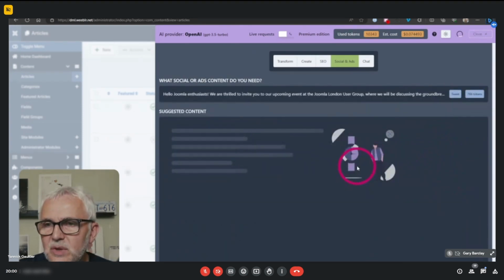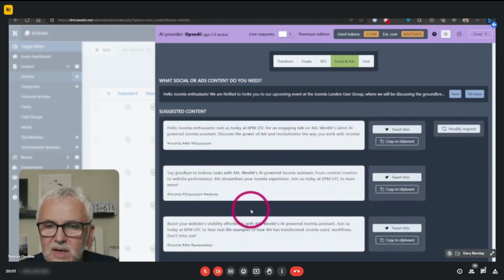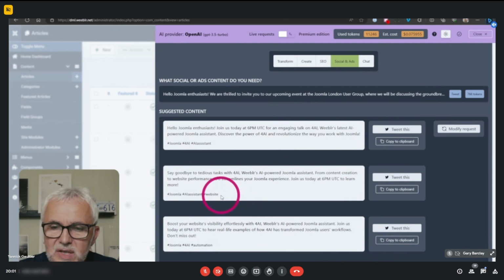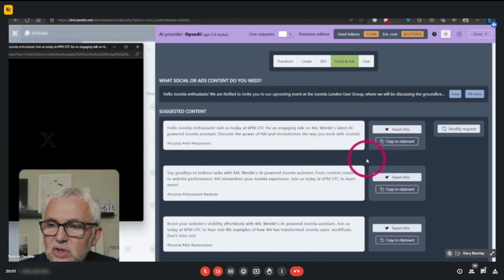And if you submit the request, then what it's going to do is write a few tweet suggestions. Here they are. This is a simple thing. This article has no image, so you got some tweets, and the way it works here is that you have several options. You can, of course, copy the content. You can notice that it found also some hashtags for you if you want to use that. And the simplest way to use that is to just click the tweet button,